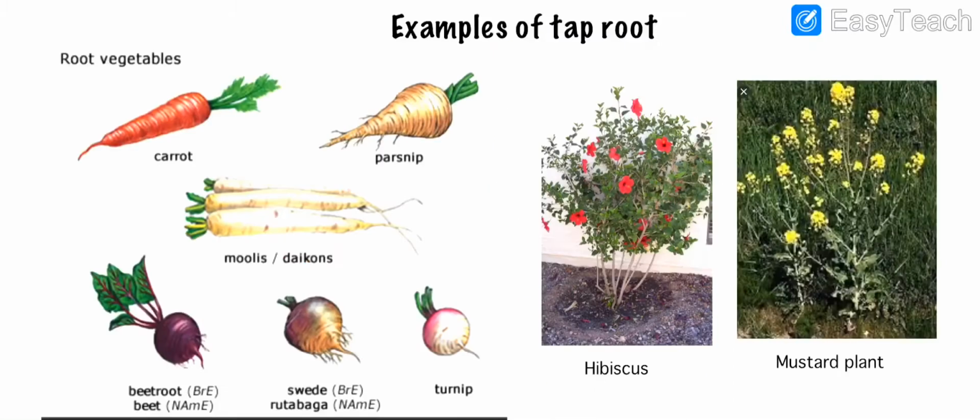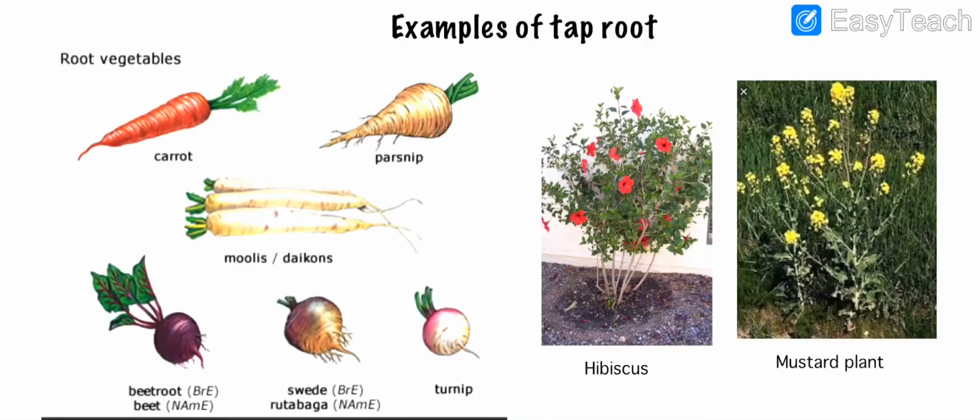Look at this picture, children. This is one main thick root which grows downward, and then smaller roots grow from the main root. Look here, smaller roots growing out from the main root. This main root is called the primary root, and then the secondary roots come out from the primary root. Then again smaller roots come out from the secondary roots also. So one main thick long root is known as a tap root.